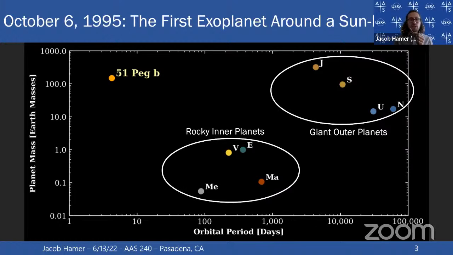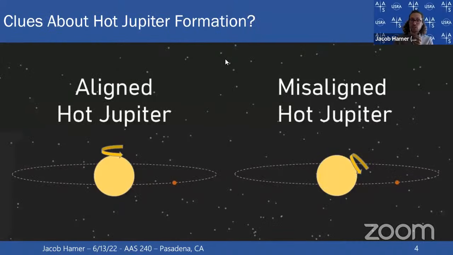And while we have found that some hot Jupiters are aligned, just like the solar system and just like the hot Jupiter I'm showing you on the left, we've also seen that many hot Jupiters are misaligned from the rotation of their host stars. And so it may be that this is a big clue as to how they form. It may be that aligned hot Jupiters form through one process and misaligned hot Jupiters form in a different way. But we can't rule out the possibility that all hot Jupiters form misaligned and then later, over time, through interactions with their stars, become realigned.